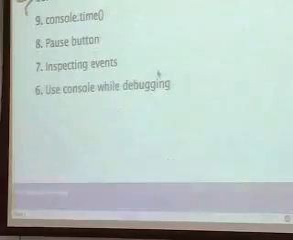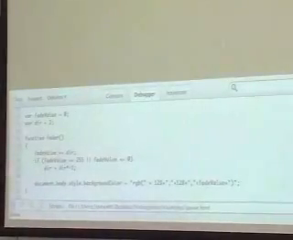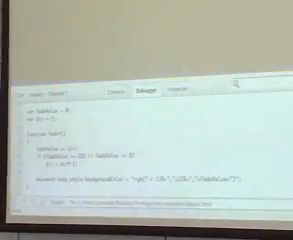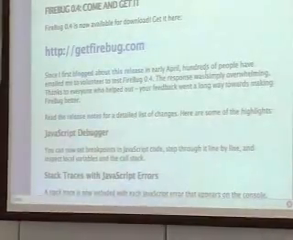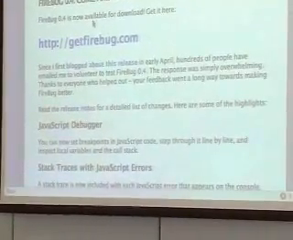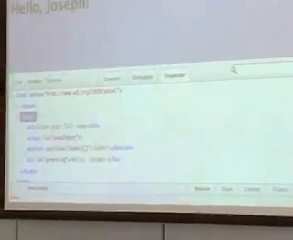Number 7 here is inspecting events. I find myself over and over forgetting, I guess I can't memorize the ASCII chart for some reason, so I'm constantly wondering, what is the keyboard shortcut for the up arrow or something like that? So I'll go into one of these input things, and focus it. Go over to the Events tab here, and